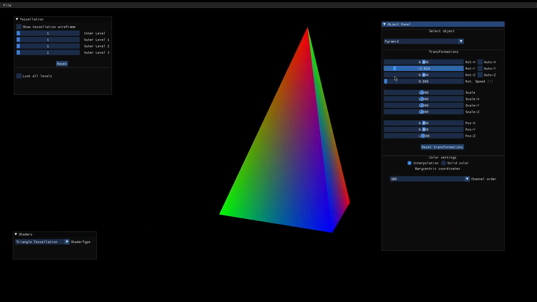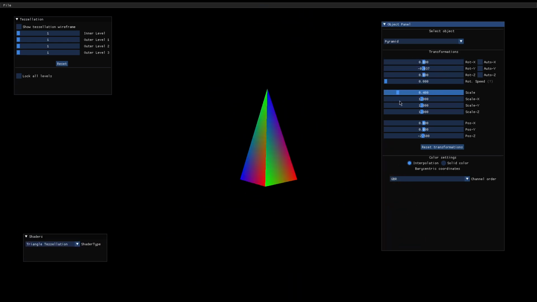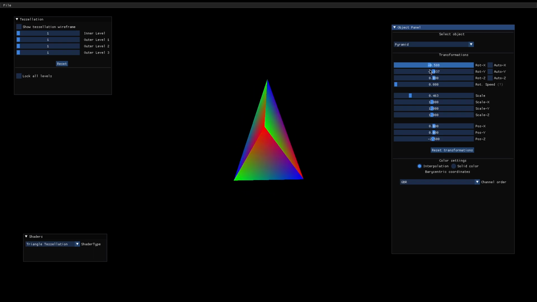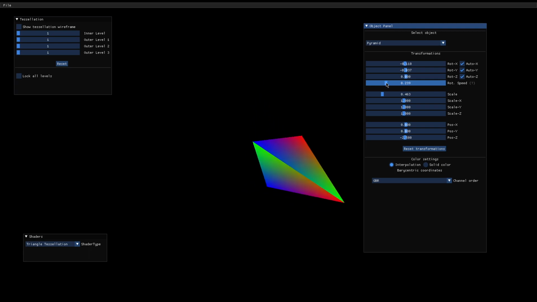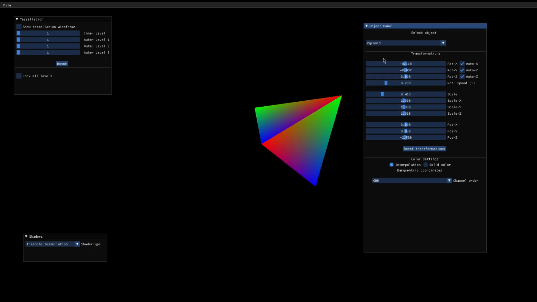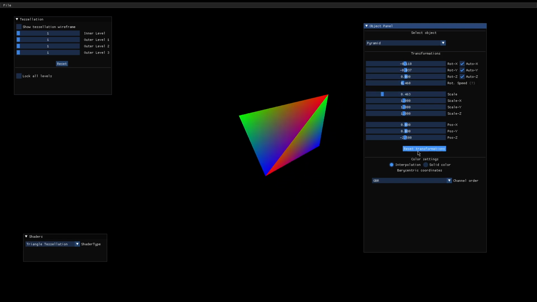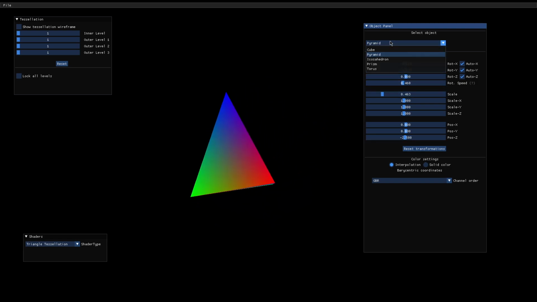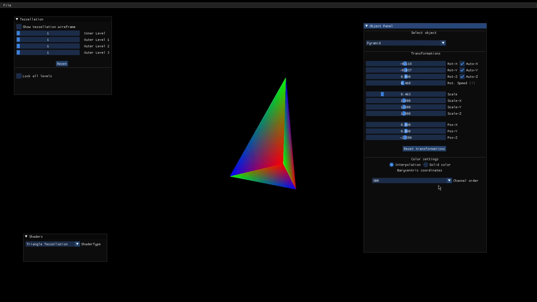This is always tessellation mode because I'm not changing the shaders. So same things. I forgot to say that there are 3 checkboxes that can enable the automatic rotation movement around the axis. Then I have to move this slider for making the speed go up and down, so I can play with it. And of course, for these simple objects like cube and pyramid, I have the same object panel,